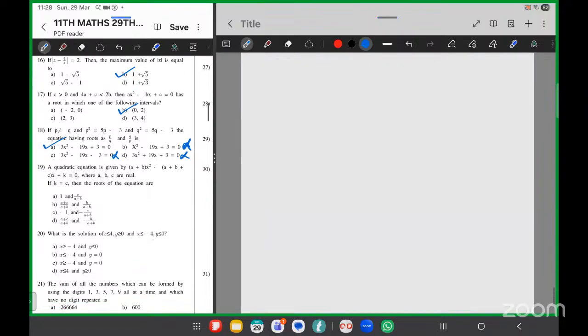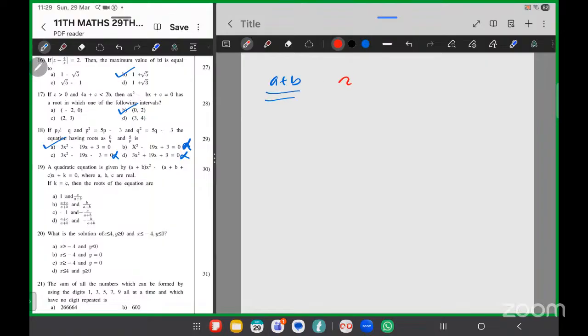Question number 19. A quadratic equation is given, where A, B, C are real. If K equal to C, then the roots of the equation are? If K equal to C, so A plus B,